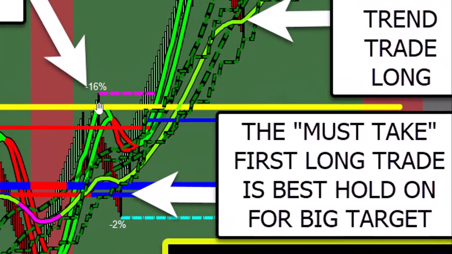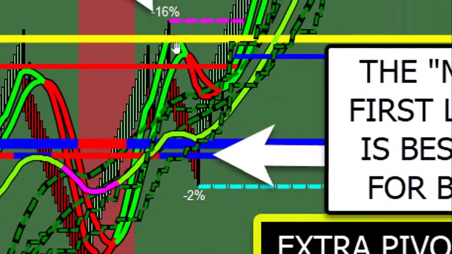And this is what scares most people out of their first trend trades, so they skip them. I see it every day over and over in our chat room. They skip the first one because they're like, well, I had this. And again, now that you have this newfound knowledge of looking at a divergence and comparing where the small trigger